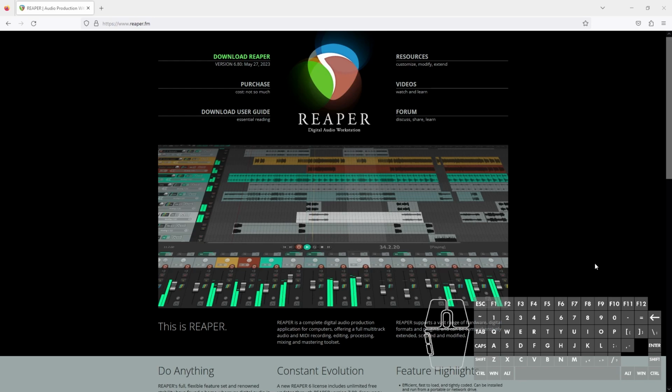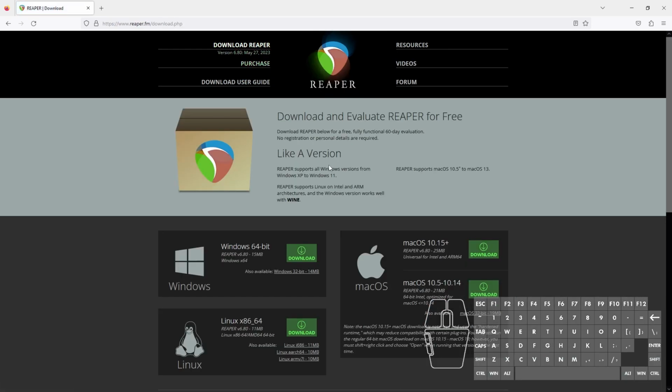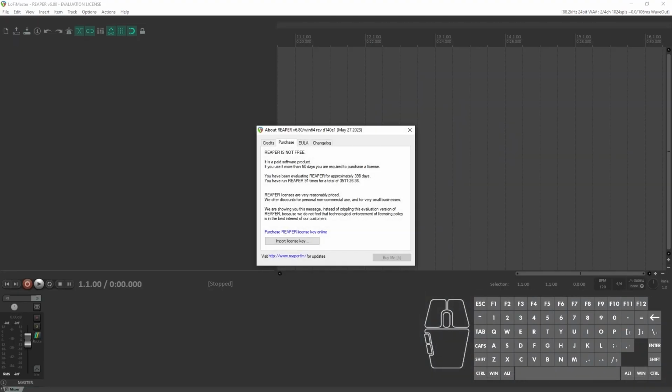And like all good software websites, their website has a download page, which you can go to and download for Windows, Linux, and Mac OS. Although Reaper is free to start out, it does give you a 60-day trial, though that 60-day trial is sort of a soft limit. After 60 days, on this menu that tends to pop up when you open up the application, you will see a button here that is grayed out. And that button will have a countdown from 5,